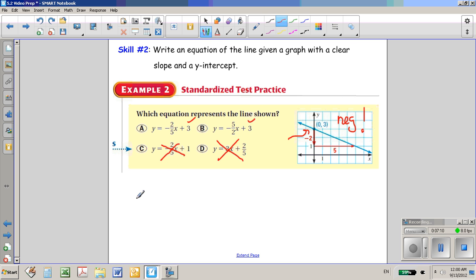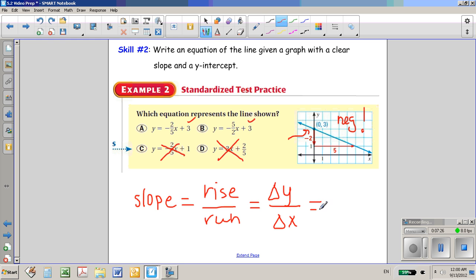So I'm going to think back to the slope. There's different ways of thinking about the slope. You can think about it as rise over run. You can think of it as change in y over change in x. And remember, don't get confused with the symbol. This is a Greek letter delta, which means change. So change in y over change in x. Or we also see this as y2 minus y1 over x2 minus x1. Okay, so there's different ways because depending on the situation, you want to use different